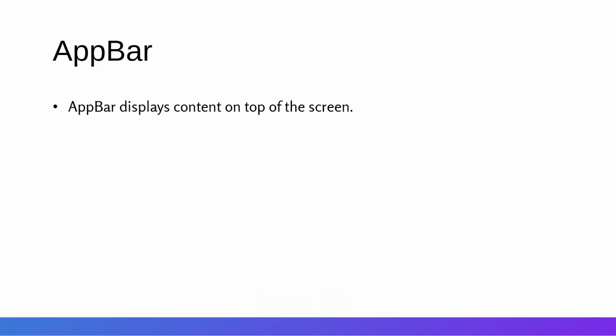So the next component that we'll be looking at will be the app bar. So what is an app bar? The app bar displays the content on the top of the screen with some basic styling and basic structure of the content. It provides a basic background with content and action and links which can be used inside the navigation bars,